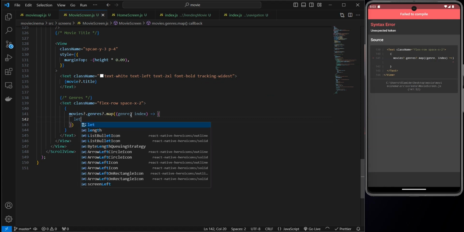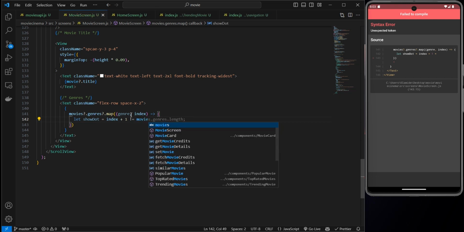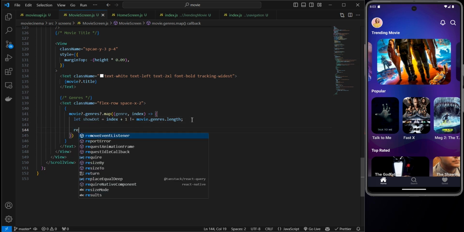We're going to say let showDot be equal to index plus 1. We're going to say if it is not equal to movie.genres.length, that is why you're going to assign these show dots to it. So this is going to be movie, not movies, and this is going to be movie as well. And after that, we're going to say return,